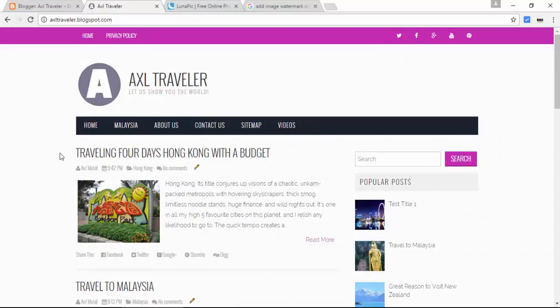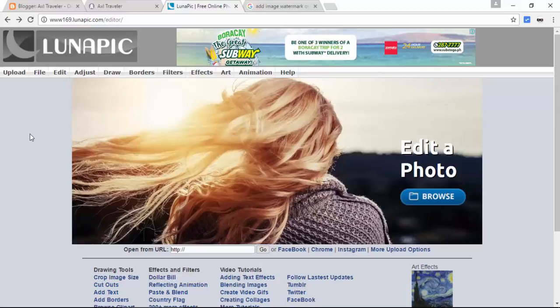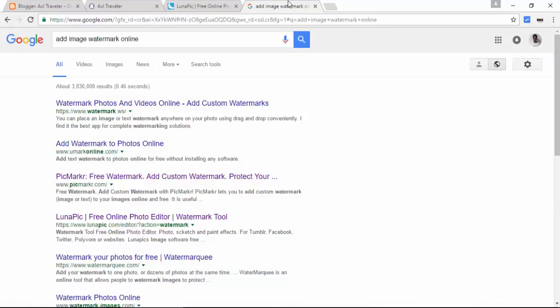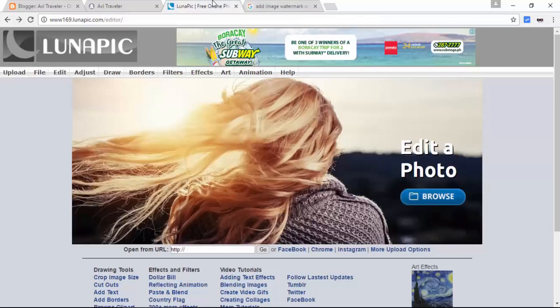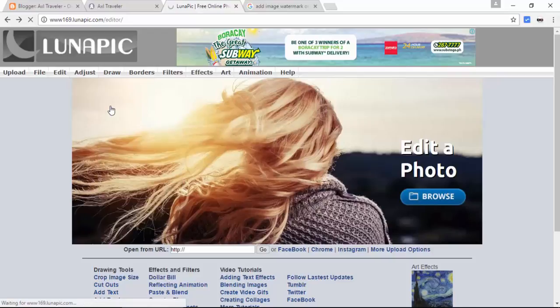So let's do that. We will use this tool, lunapic.com. You can add a watermark in Photoshop too if you know how to use Photoshop. I found this tool via Googling. If you find another tool, go ahead, but in this case, I use this tool. So we add it now. So draw, watermark tool,